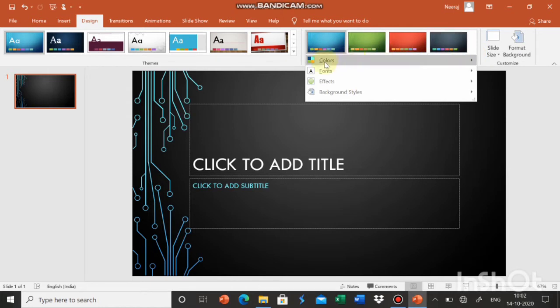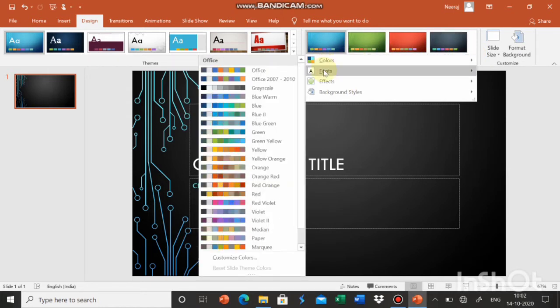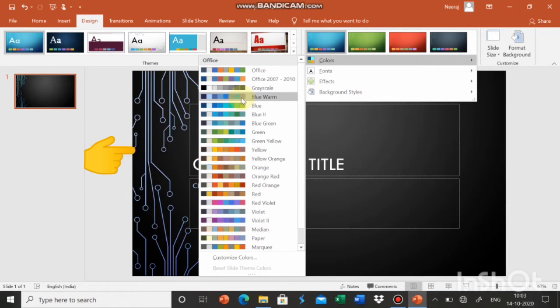These options like color, fonts, effects are also given in your book, page number 75. You can find these options inside the variants group. Okay. From here I can choose different color patterns for my slide. As you can see, on the left side, the color of these designs is changing. Now it's yellow, it's blue.